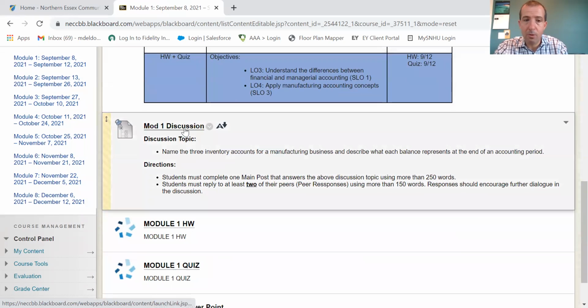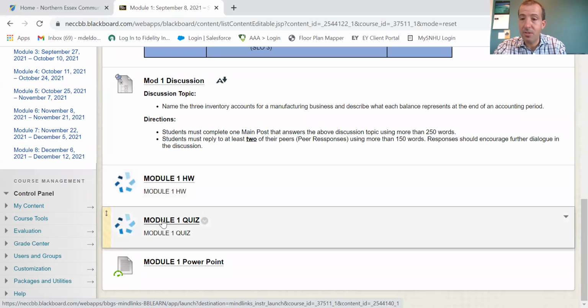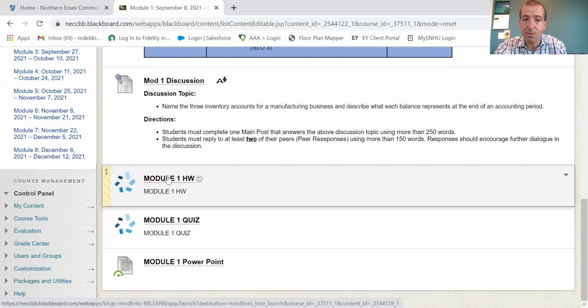Here's our discussion board for module 1. Here's our module 1 homework and module 1 quiz. So if you click on these links, it'll take you directly to the homework and the quiz in Cengage Now, and Cengage Now is the platform that we'll use throughout the course for our homework and our quizzes. If you look on the syllabus, you'll see how